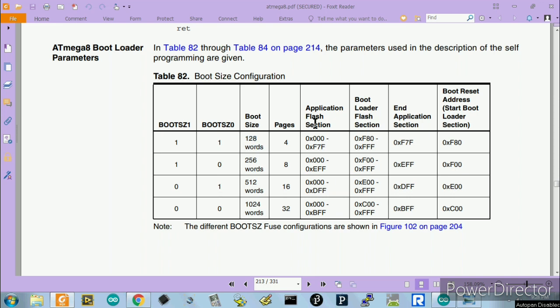Then there are the application flash section, the bootloader flash section, the end of the application section, and the boot reset address. Whenever it is restarted, or the boot section is started, this address shows from where the program counter will start executing.